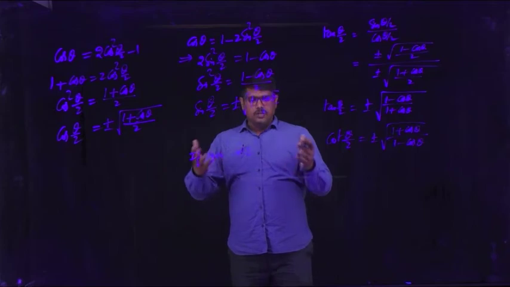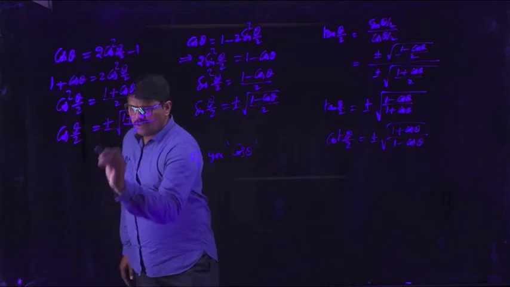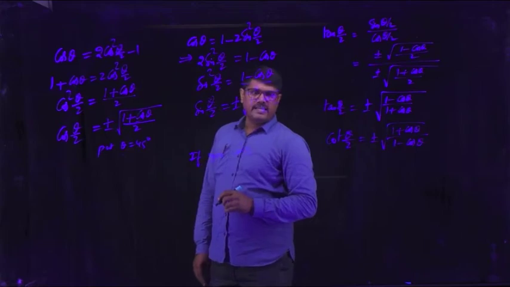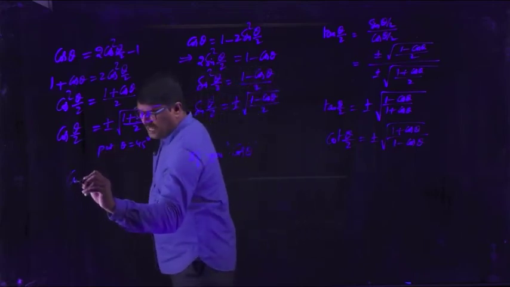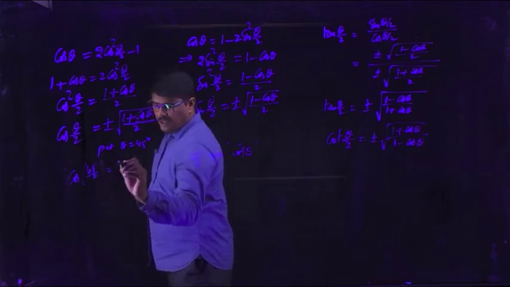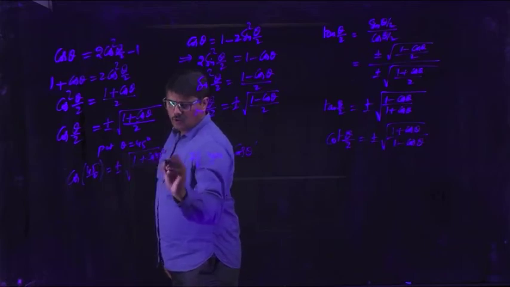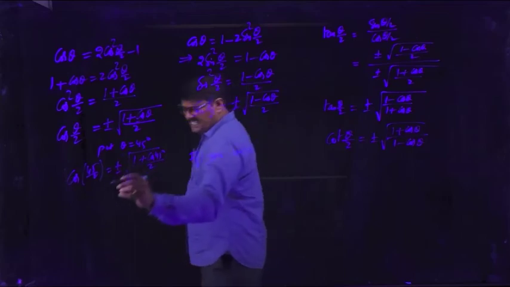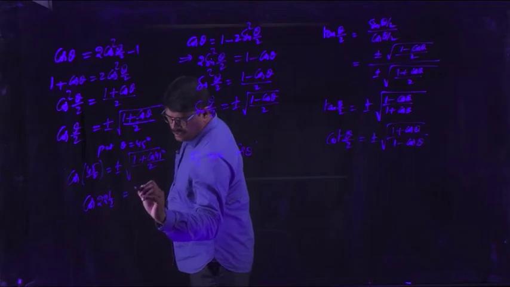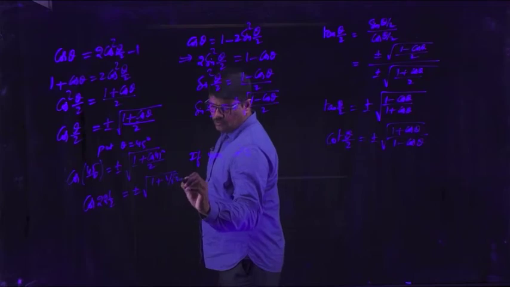Again we know the value of 45 degrees. Let me write one. If you put theta as 45 degrees, then how does this formula become? Cos 45 by 2 is equal to plus or minus root of (1 plus cos 45) whole divided by 2. What is 45 by 2? Which is 22.5. So that is plus or minus root of (1 plus cos 45) by 2, and we know that cos 45 is 1 by root 2.